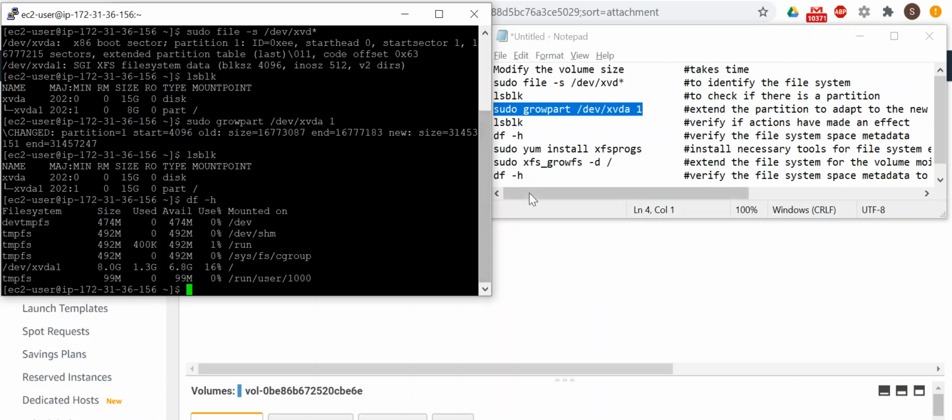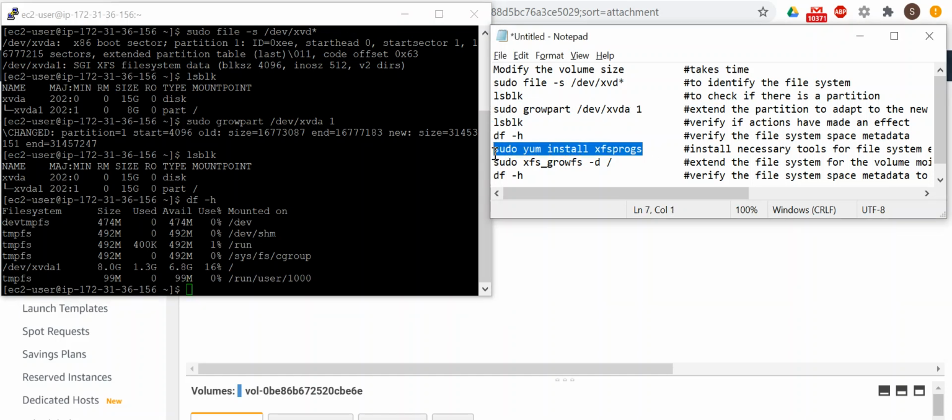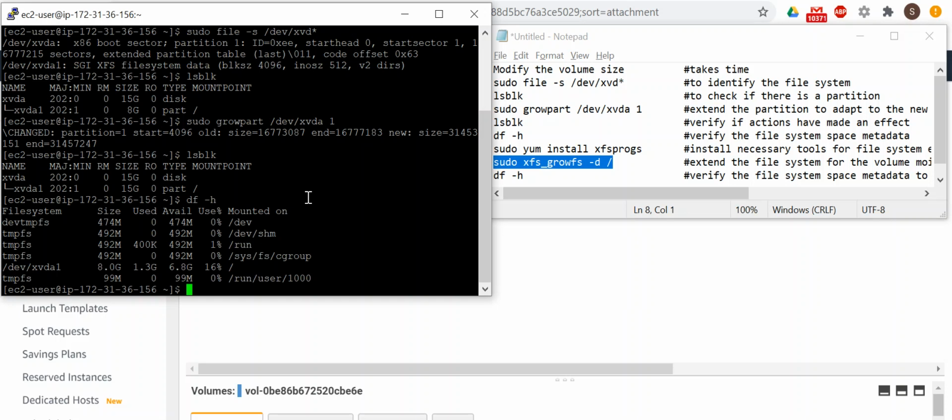So you need to have a package installed to be able to run the command which helps you extend the file system, which is the xfs_growfs command. For this to happen, you need to have the xfsprogs package. In my EC2 instance, I already have one. This is an optional step. If you have this package with you, you do not need to carry out the step. If you do not, you need to. I have this package with me, so I am going to just copy this command, which is the xfs_growfs command,